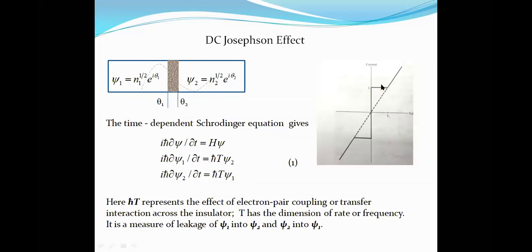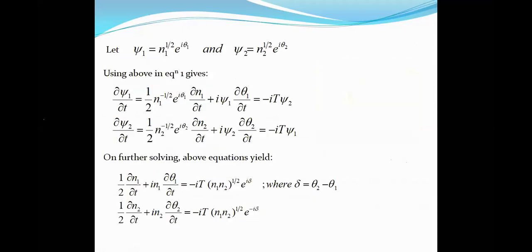That is why there is a current. Otherwise, there will not be any current. So this is a measured thing, and from it we are using the time-dependent equations. We are writing these initial Hamiltonian equations. Dimensionally, these equations are correct, and they represent transfer from one region to the other. Okay. Now, having written the equation in this way,